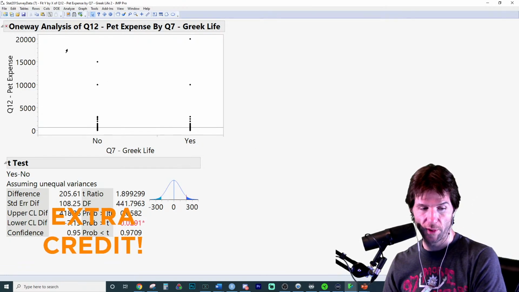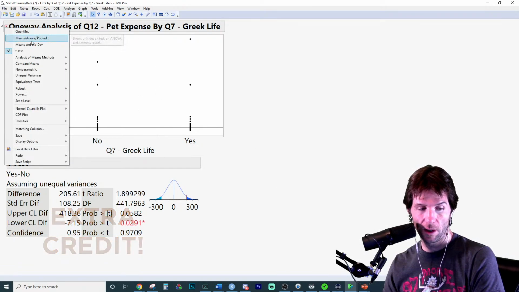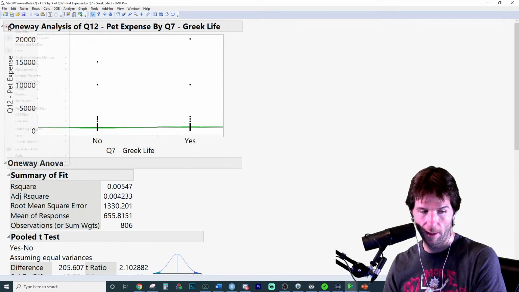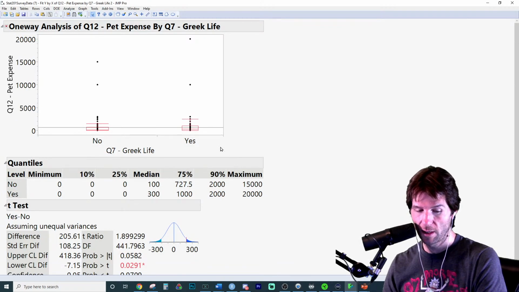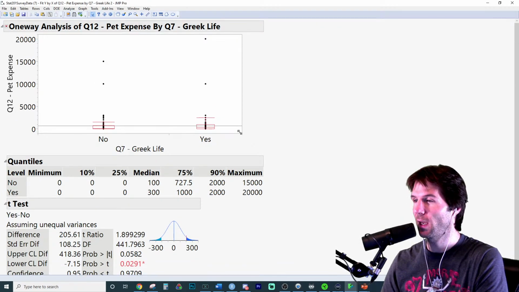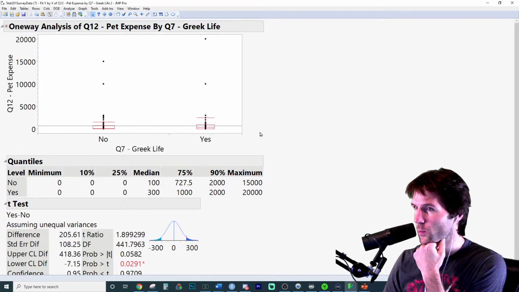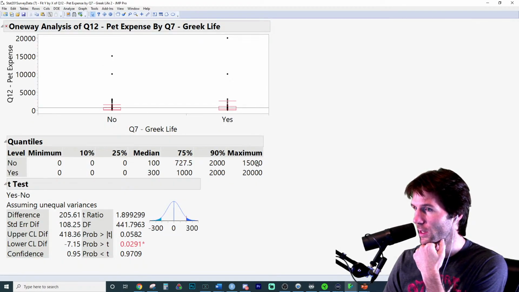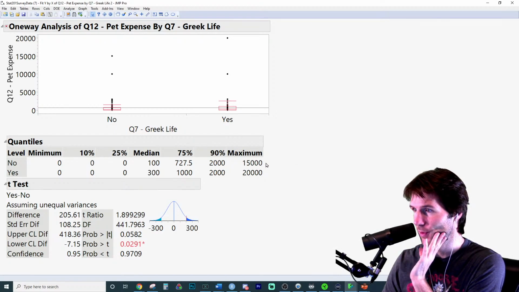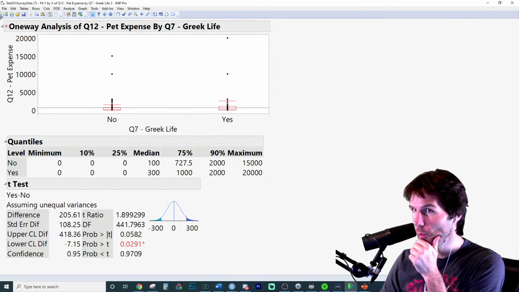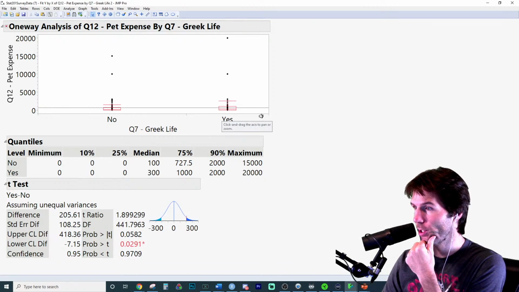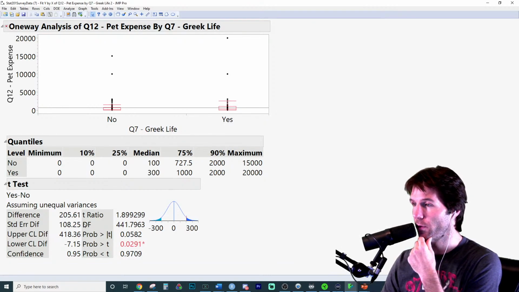Make sure to include both this graphic, and you might even include, it wouldn't maybe hurt... No, don't include that. Don't include the means ANOVA. I might include the quantiles on here. Graders should not take off for that. I don't think we say that this is required, but if you've done everything, I don't think this is on the graders' list to require. But I would include a screenshot of this up here at least, showing the distribution, and then I would show the output down here for the 2 sample t-test.